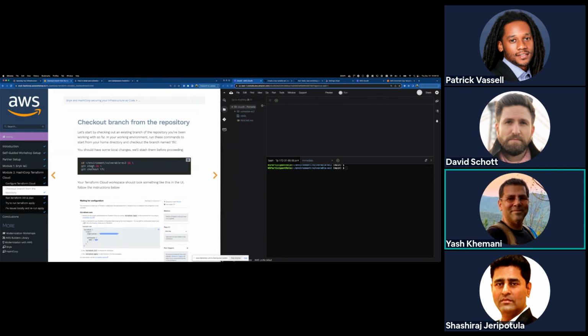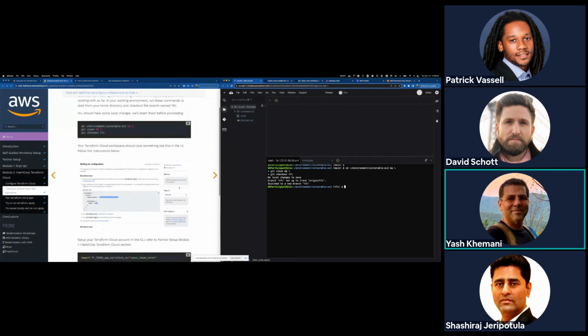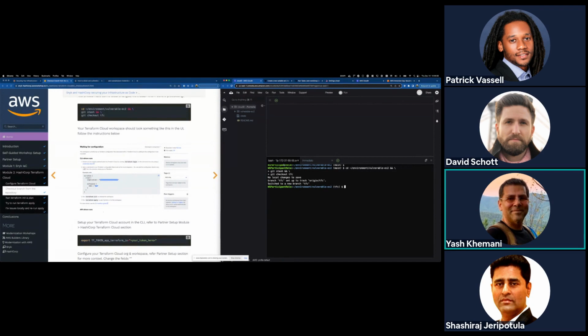So the git stash will just save the work you've done, so that it doesn't go away, but it gets moved out of the way so that we can work with this copy of the branch. Now, what I want to do here is tell my Terraform configuration how to interact with and use the workspace that I've just created.